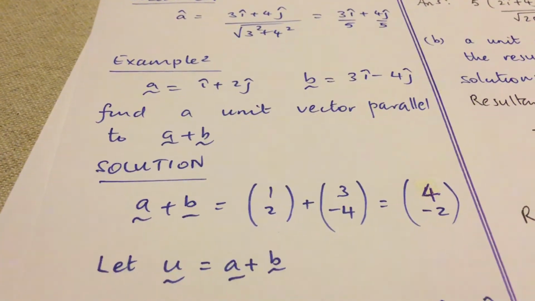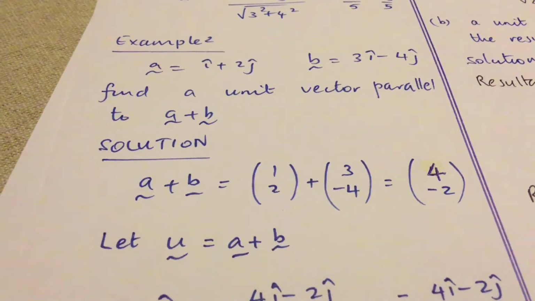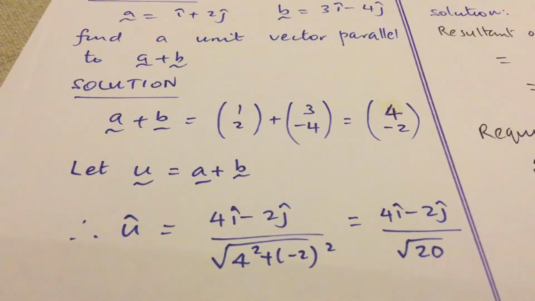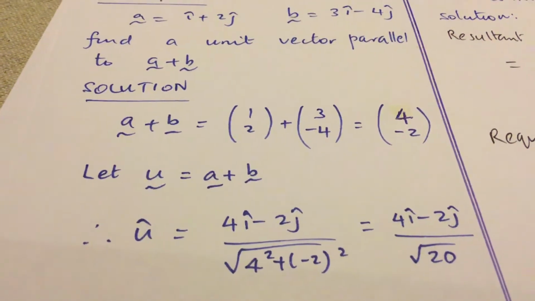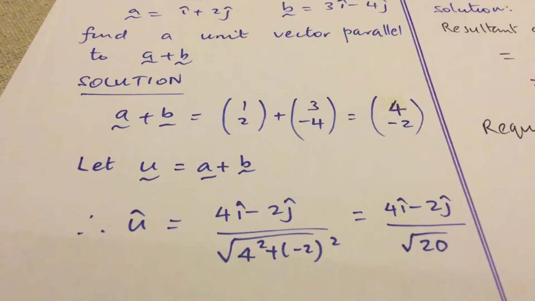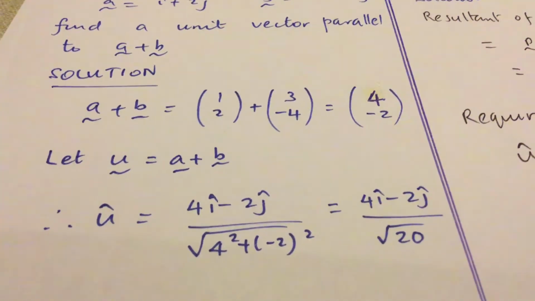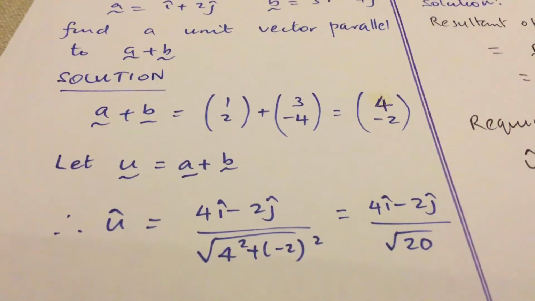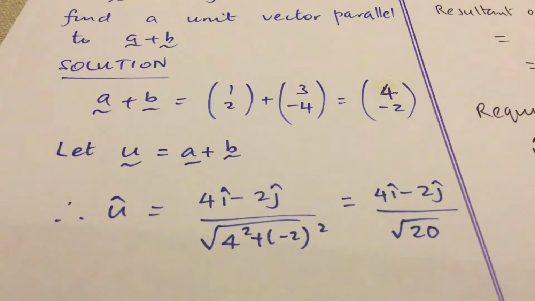And then a unit vector parallel to that a plus b will be 4i take 2j divided by the magnitude of 4i take 2j, which is the square root of 4 squared plus negative 2 squared, and hence we get the final answer as 4i take 2j divided by the square root of 20. Next example,